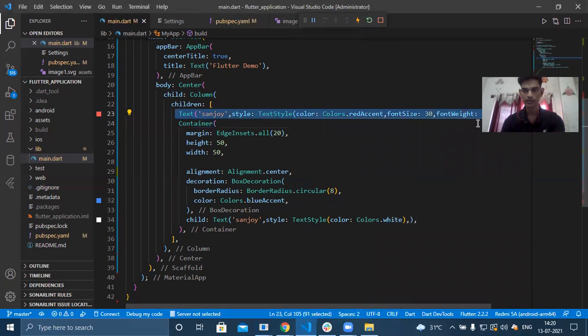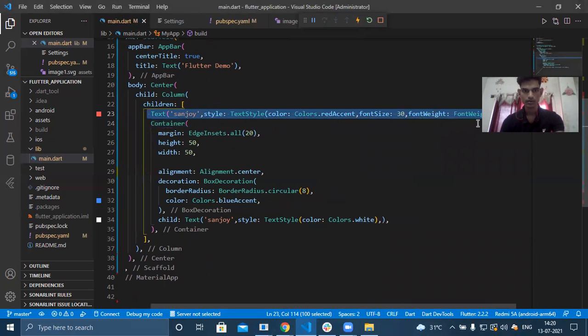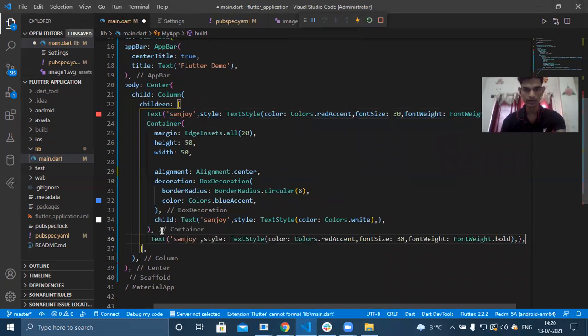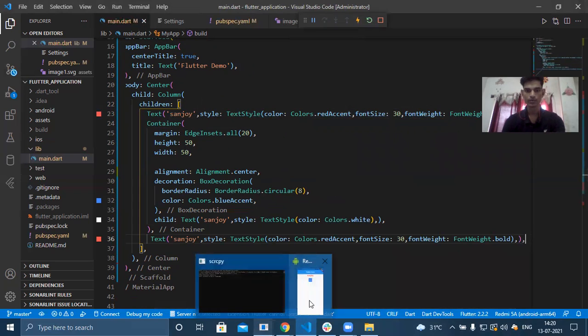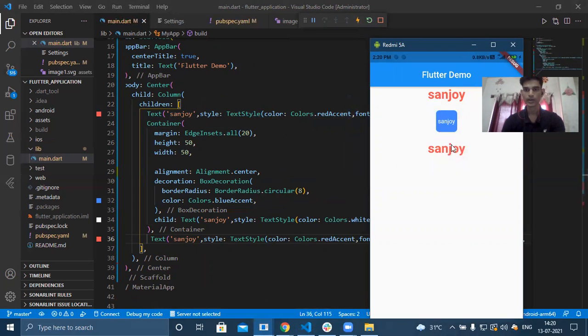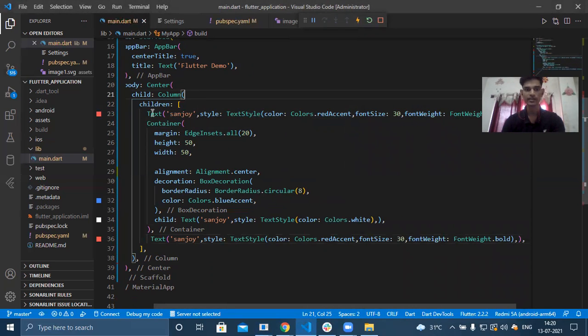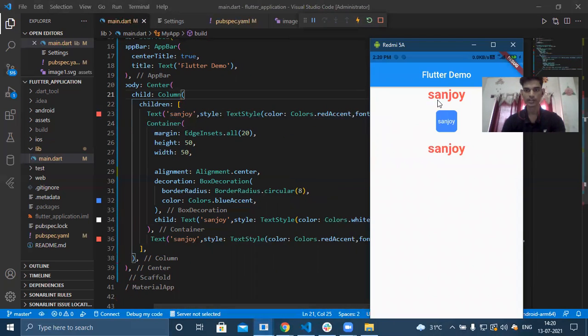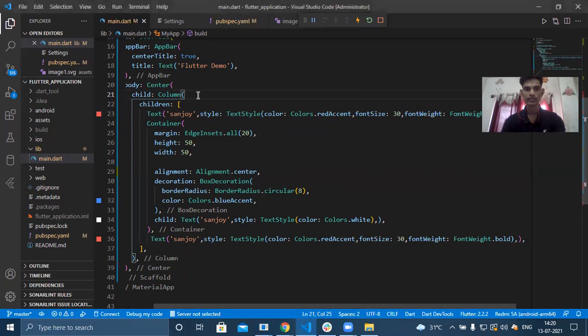So I am copying this whole text, and after this container I am going to paste it. Now we can see the text is below the container. If you take a Column widget and add widgets line by line, it will show like this, top to bottom. That is exactly what the Column does.